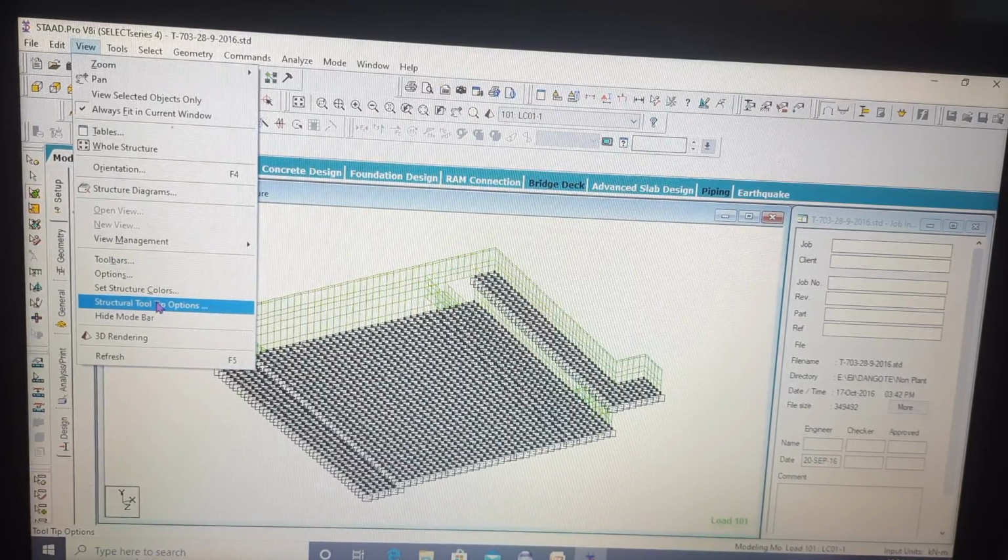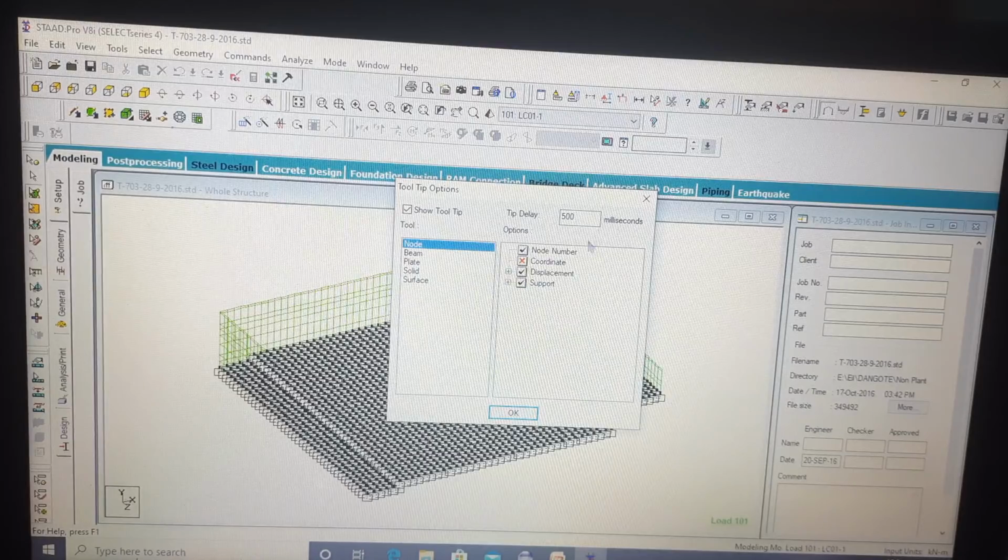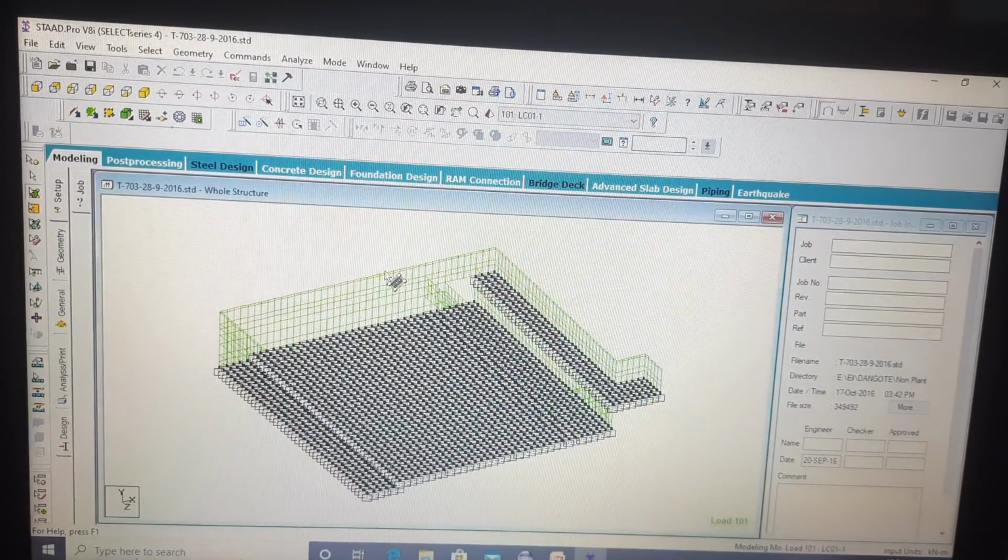Now your structure tooltip option, this will allow you to choose, in case of a node, what options you want to see if you select a node or if you move your cursor to nodes. Right now if I go to any node, it is giving the node number only, it is not showing the coordinates.